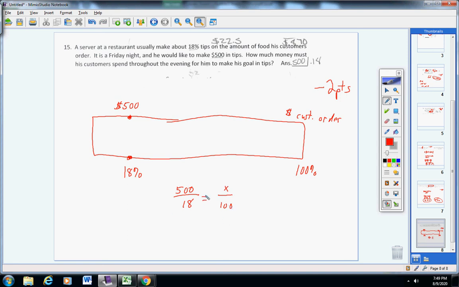Now, let's cross multiply. 18 times x is 18x. 500 times 100 is 50,000. Now, divide both sides by 18. These cancel. And you're left with 50,000 divided by 18, which leaves you with